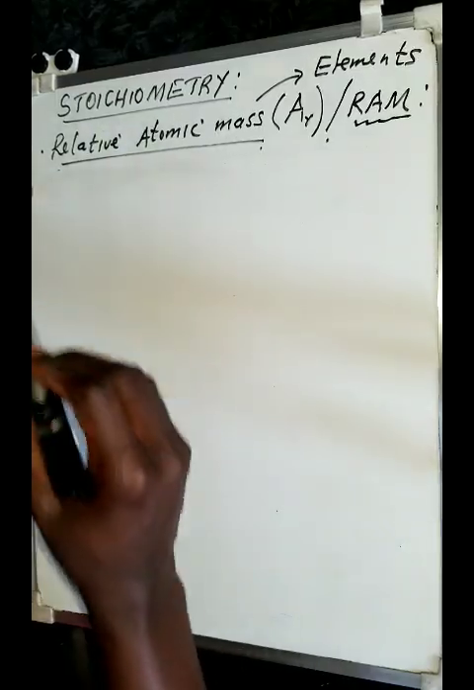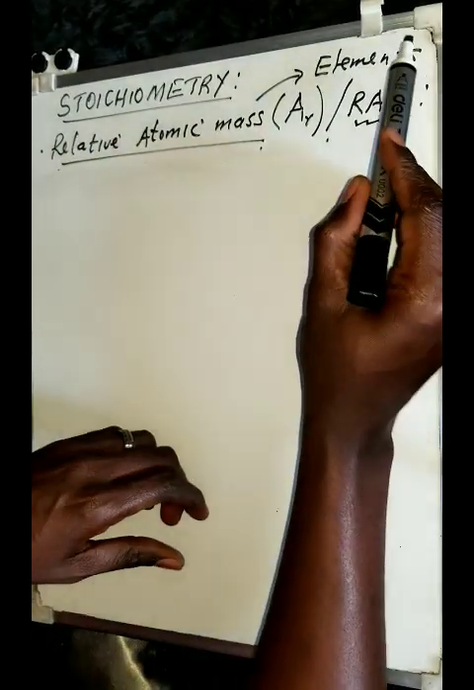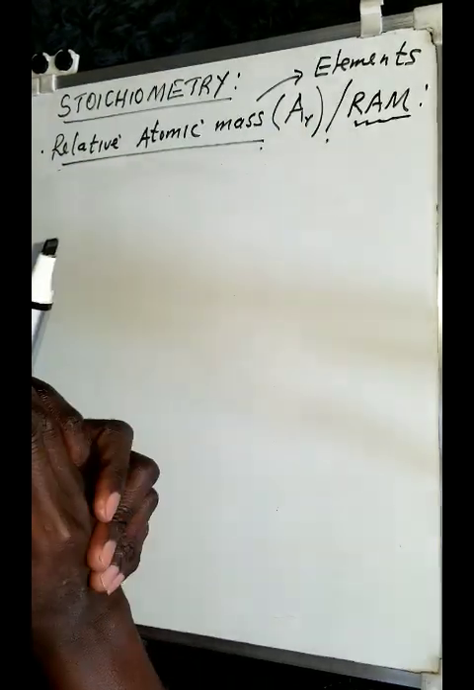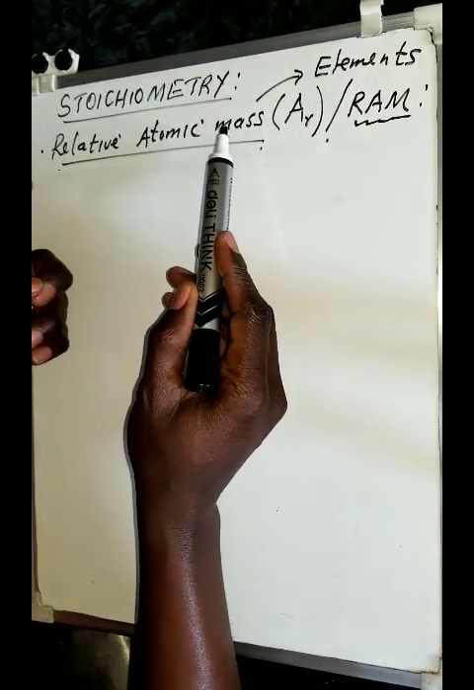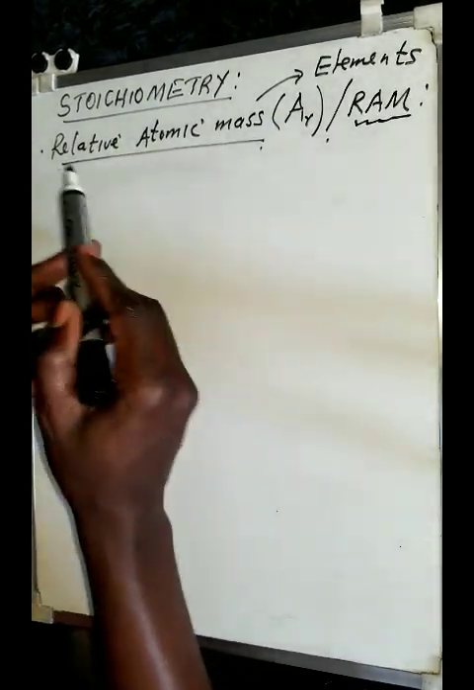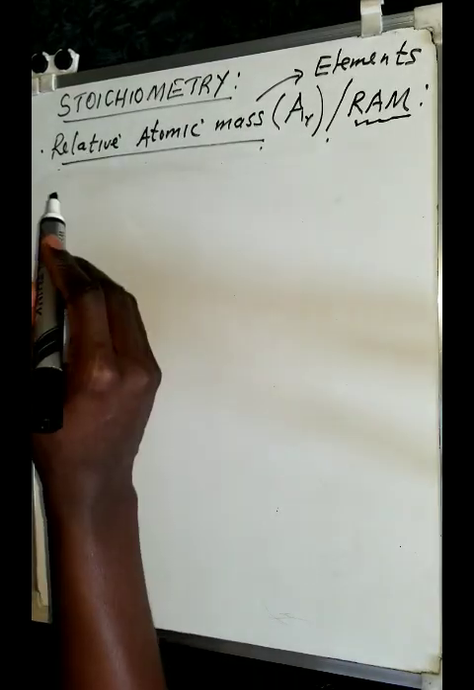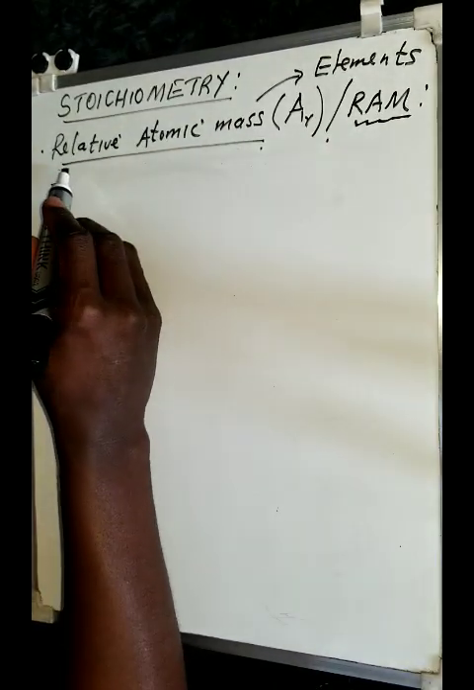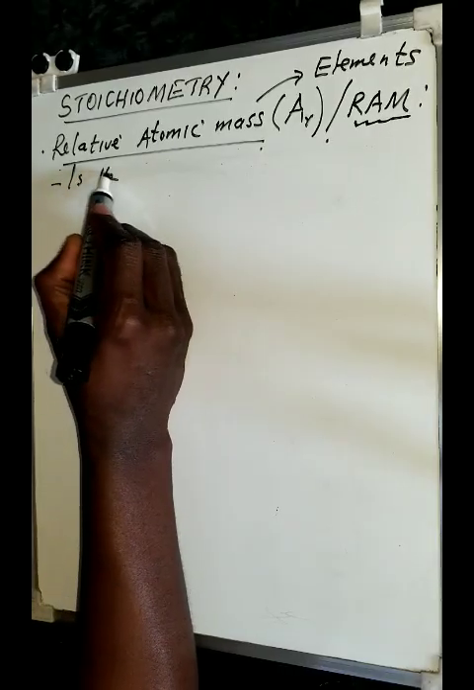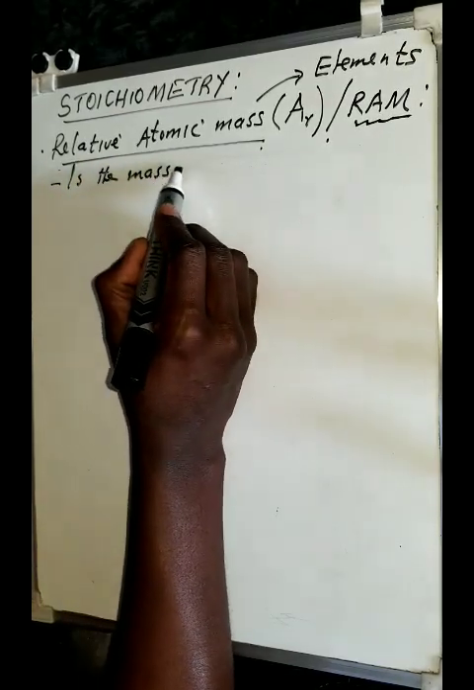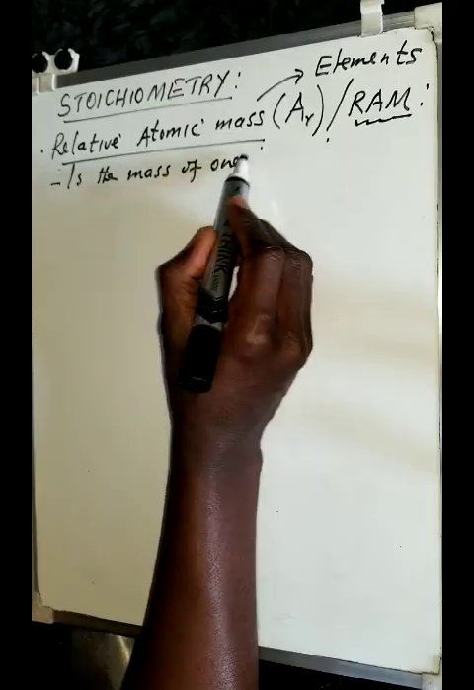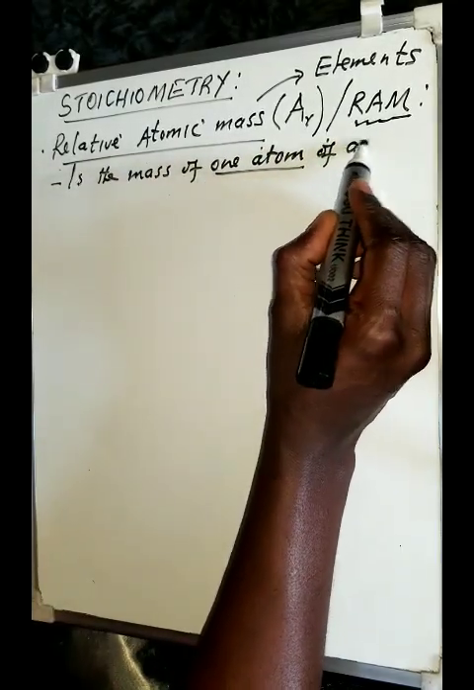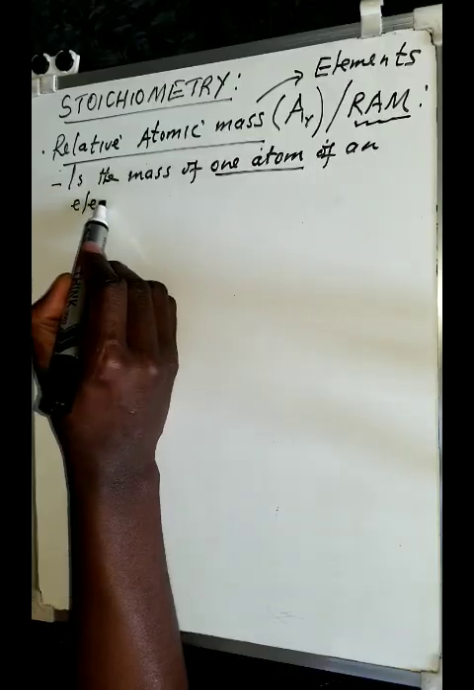Now, each time you hear the word relative atomic mass, it refers to an element. So the elements that you find on your periodic table, when we talk about the relative atomic mass, this is what we are talking about. So what exactly is the relative atomic mass? Well, the relative atomic mass of an element is the mass of one atom of an element,